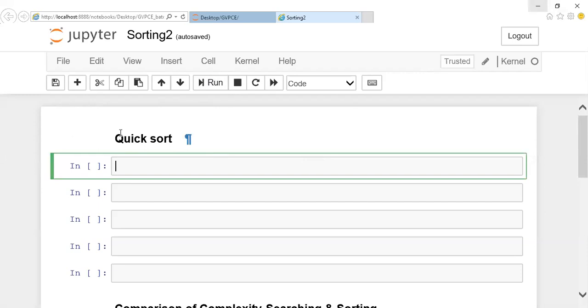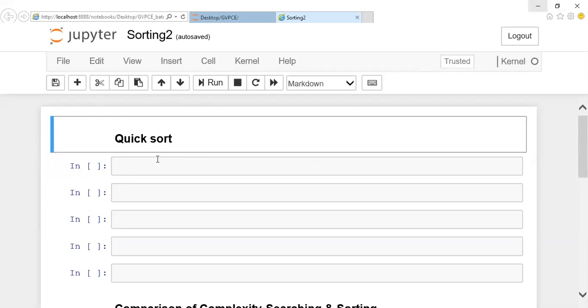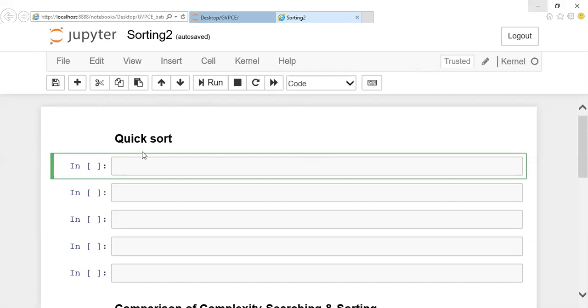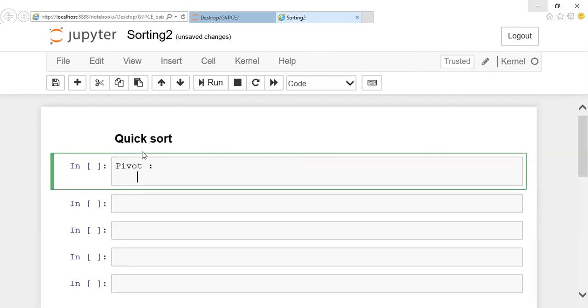The approach it follows is that we are going to have a pivot value. Whenever you go for the quick sort algorithm, we set a pivot value each and every time. All the elements which are less than the pivot value will be placed on its left side.